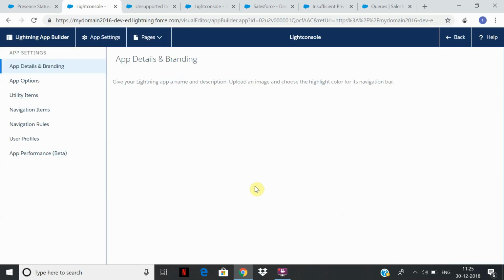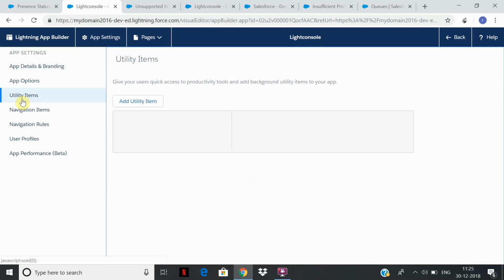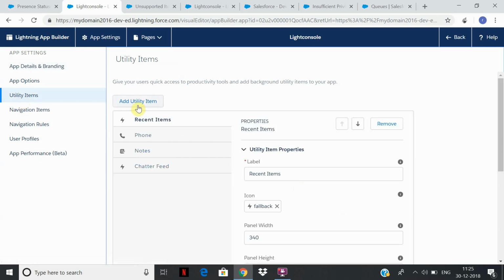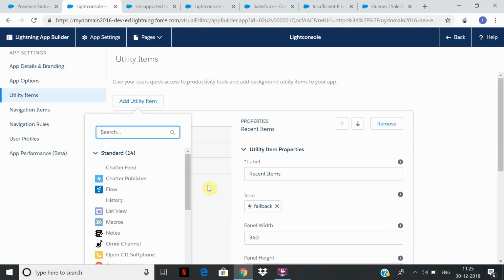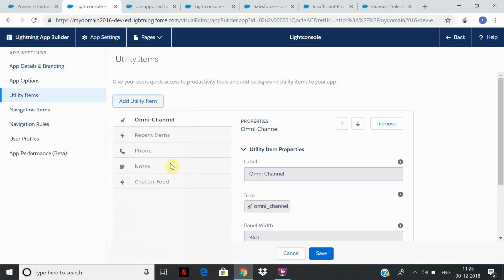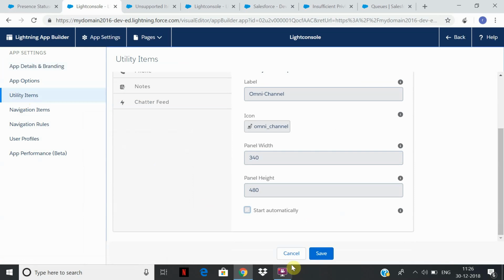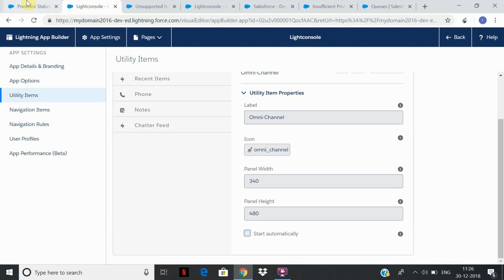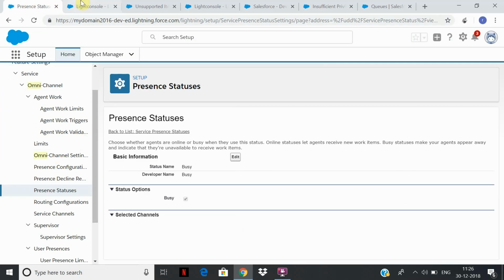If you remember the previous Service Cloud video, in the utility item, if you have not added the omni-channel, select omni-channel, add it, and then save it. So with this, the omni-channel configuration is set.